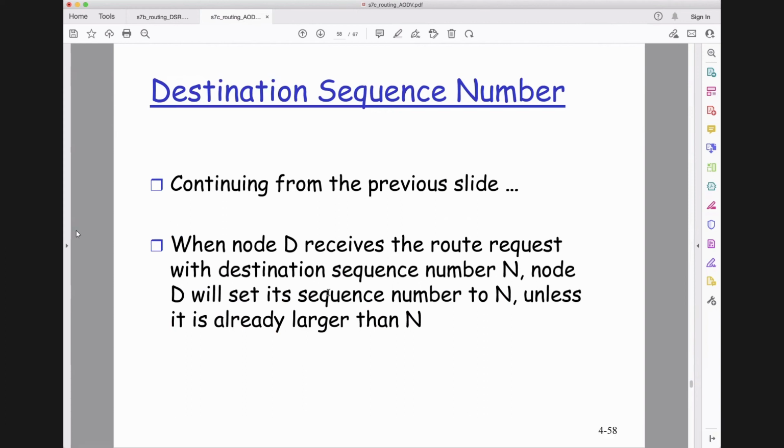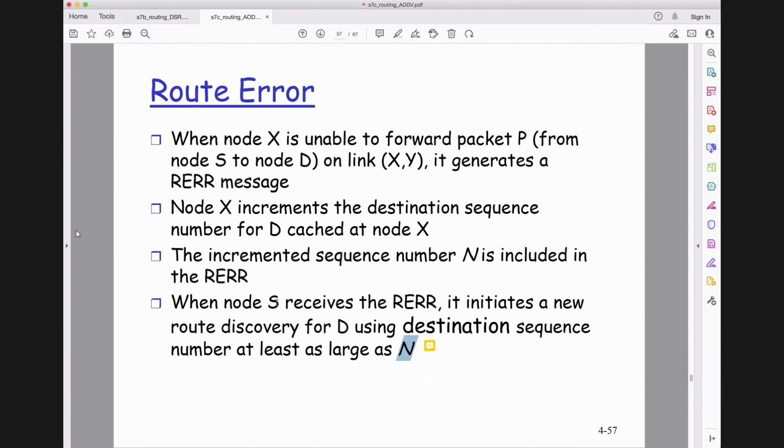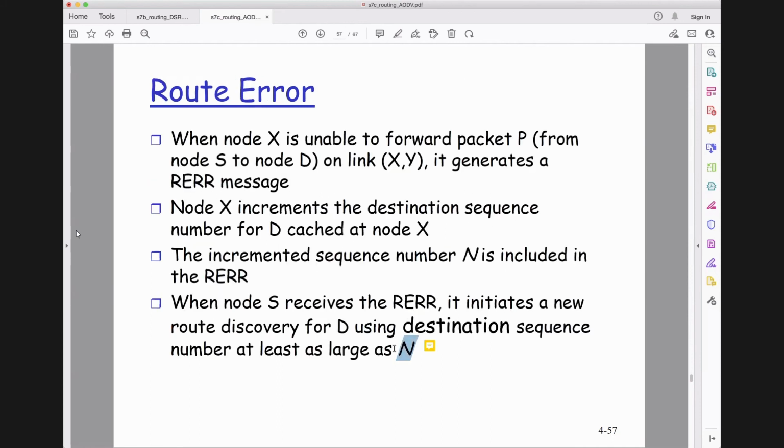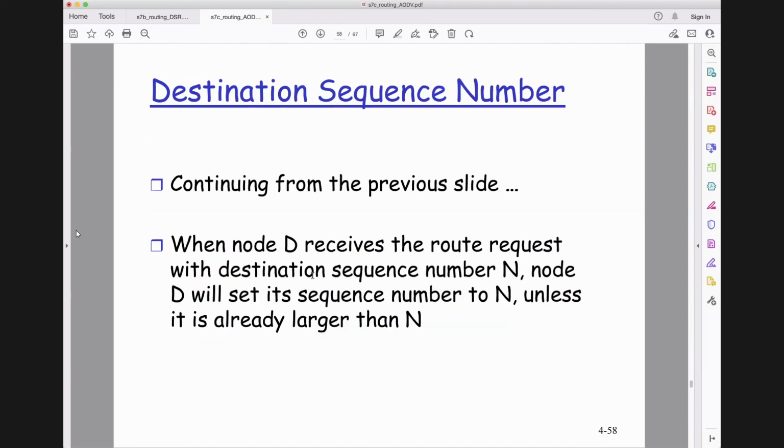S will initiate a new route discovery process and put a new destination event number in the route request. When D receives the route request with destination number, let's say 13 in this case, D will set its sequence number to 13. Now assume S set this to 16, because S may have some other events in the past. So when D receives the route request with number 16, it will set its sequence number to 16, right? Unless